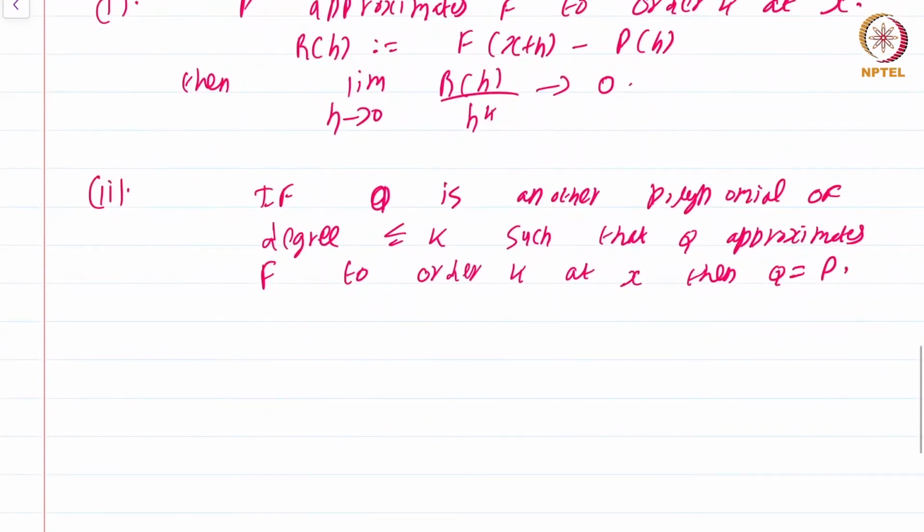Right? That means there is only a unique polynomial which has the feature that that polynomial approximates f till order k. And third,